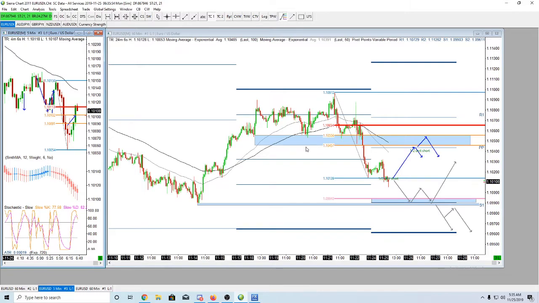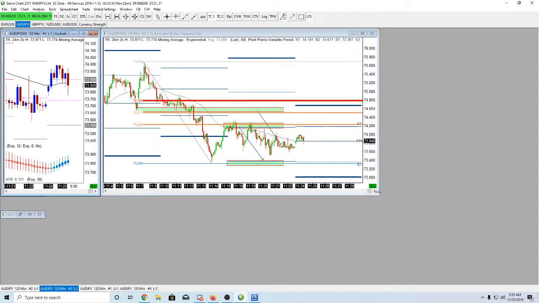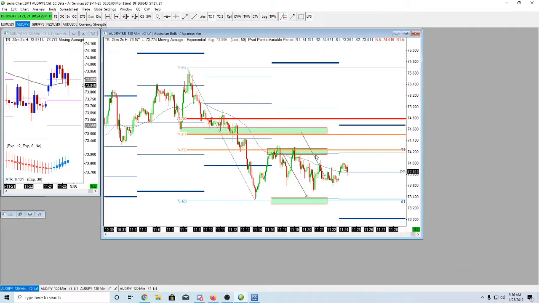Someone's looking for Aussie Yen or Euro New Zealand. We'll look at Aussie Yen real quick. What's your structure? By the way, this thing we drew from whenever we drew it, this would be maybe last week or something. We drew this move down and said we could retrace into this area, sell it off, and come down. Folks, if you're paying attention, if you're watching this, you're going to see trade opportunities like this one.